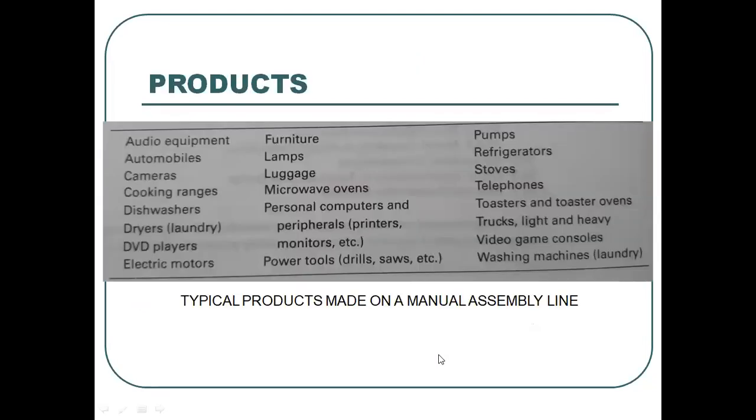Now you see the products made on an assembly line, just so that we can have an idea. This is for manual assembly, right? Audio equipment, automobiles, yes, we'll see a video, because even though we now have automated workstations, humans have the flexibility to identify different problems, to access different locations, right? Accessibility and those special skills which are required for automobiles, right?